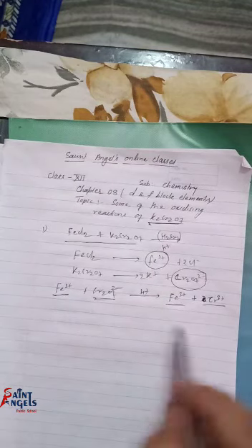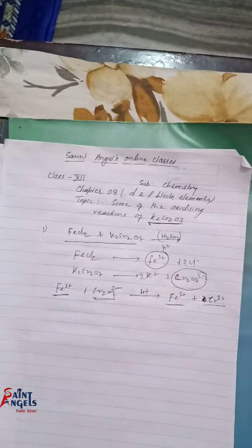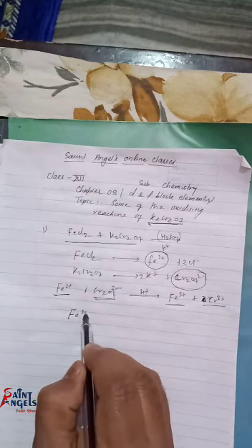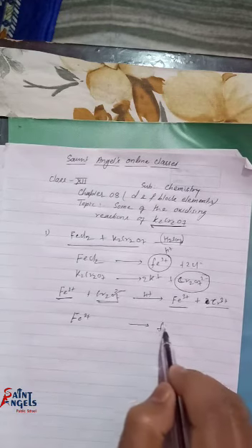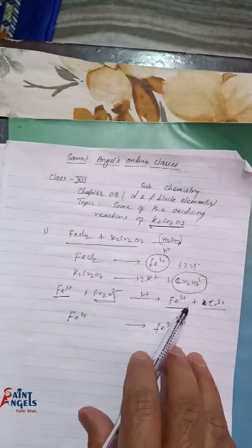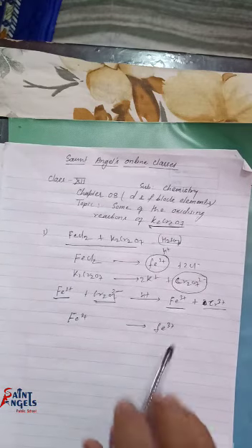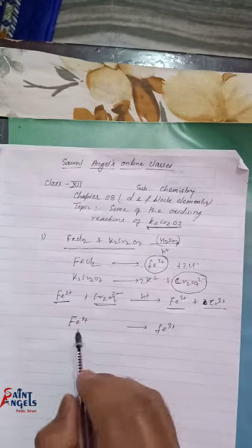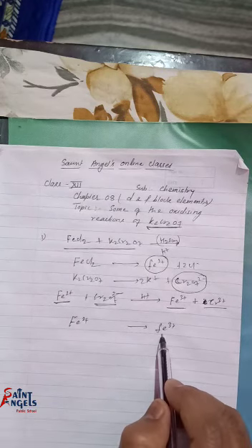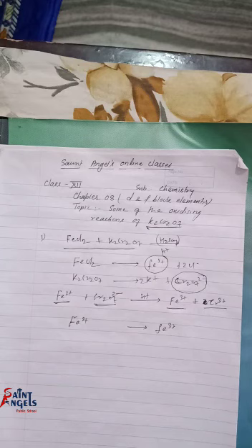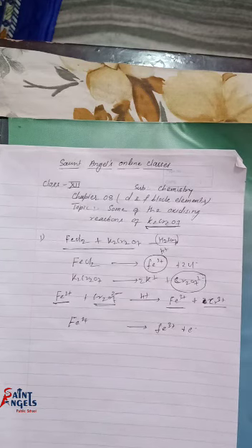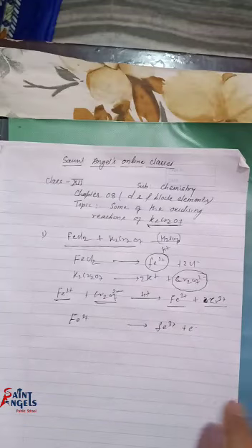So if you have to balance this equation, you have to split this reaction under the ion electron method. Already you know Fe2+ will give Fe3+ because this is the oxidation reaction. So this is the oxidation half reaction. One Fe atom and one Fe atom, so Fe is already balanced. Now you have to balance the charge, so one electron you have to place here, and now this half reaction is balanced.